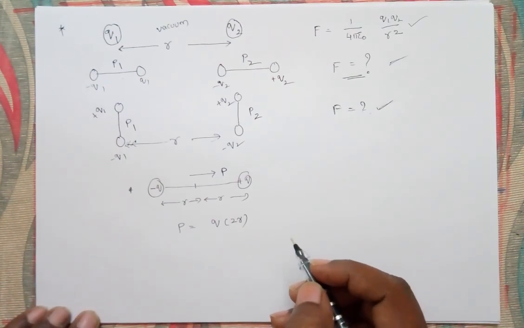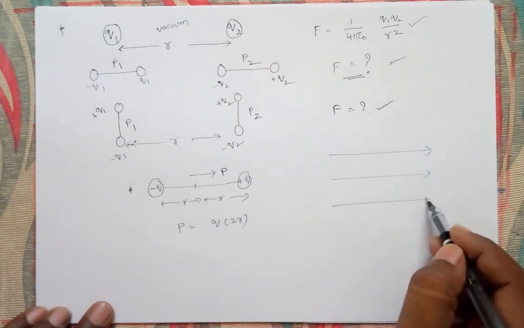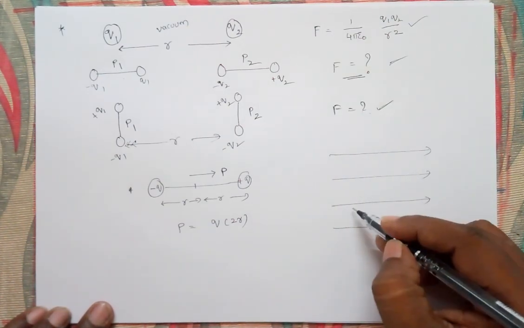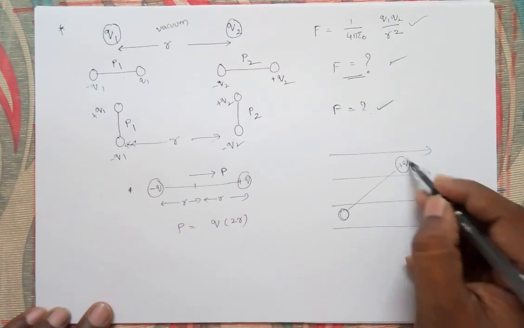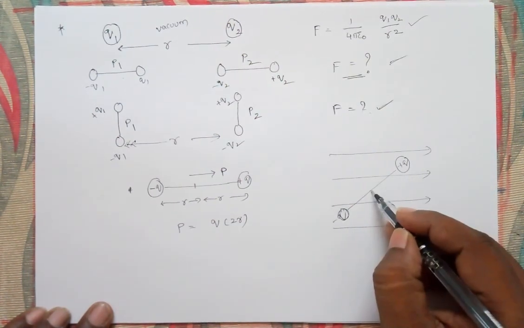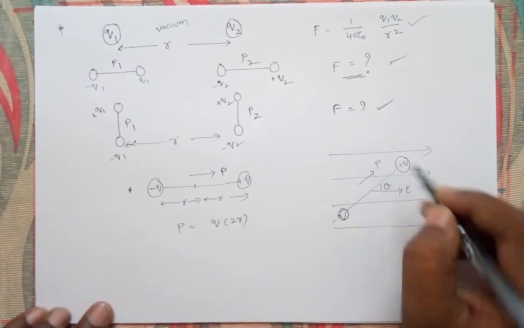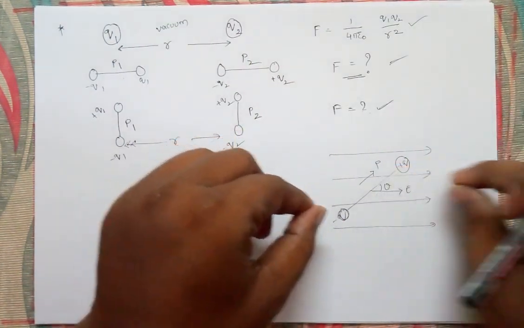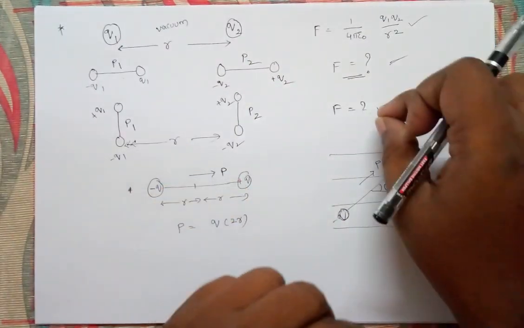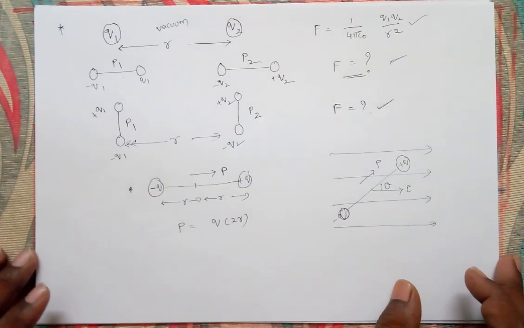As well, if the dipole is placed in an electric field, there is some potential energy stored in it. Here the dipole is there, and the electric field intensity makes an angle theta with the dipole moment. Then what is the potential energy? Always the electric field tries to align the dipole in the direction of the electric field. Against that, if you are doing some work, that work will be stored as energy. So potential energy is stored in the dipole. That also we discussed.